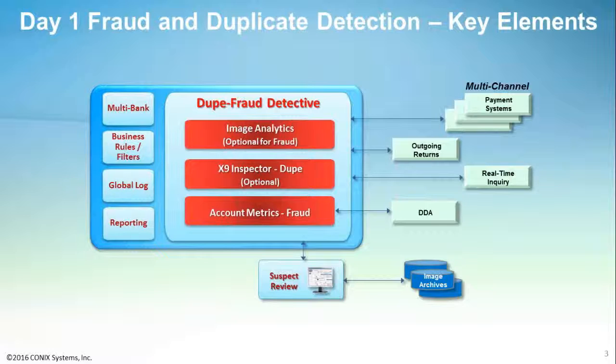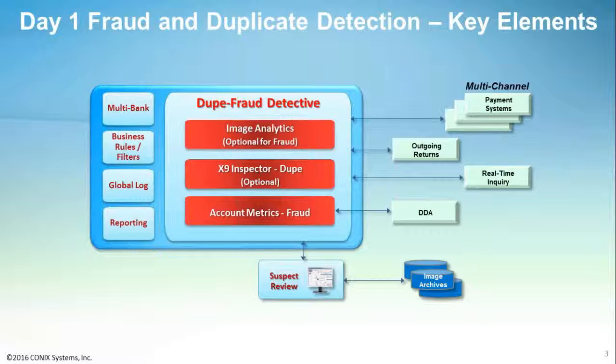Business rules provide for automatic decisioning of work at both the file and item level. The business rule engine automates the decisioning of many suspects, including the elimination of false suspects. Business rules are defined and maintained via a menu-driven interface so that the institution can quickly adapt processing to meet changing requirements. Suspect review enables operators to quickly and easily review and decision suspects.